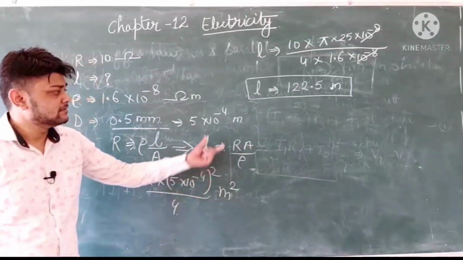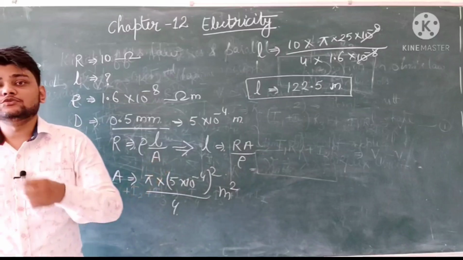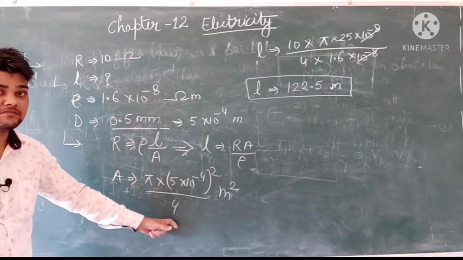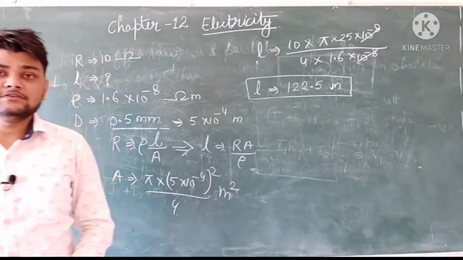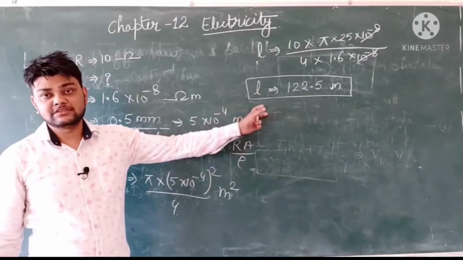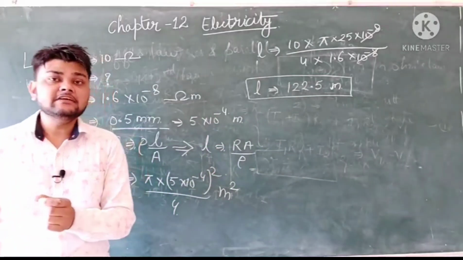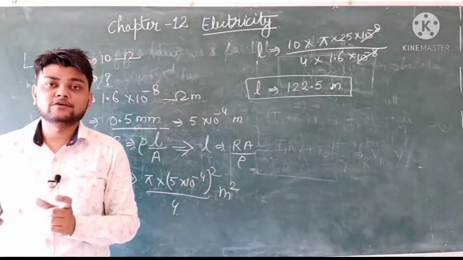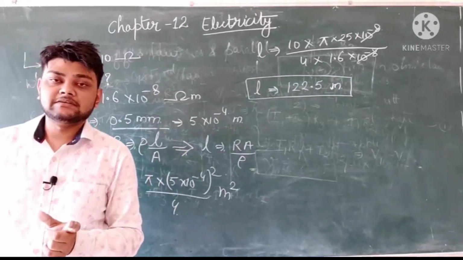Reason? Because of this conversion of millimeter to meter. If it is millimeter in terms of diameter, we have to divide by 2, then get the required answer. So on this basis, it will depend which type of question is there. Always remember, if you are calculating resistivity, the power has to come in 10 to the power minus 8 format, followed by a multiplication of a single digit number.